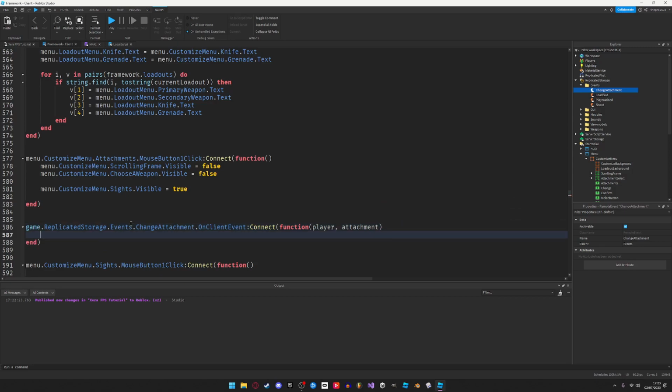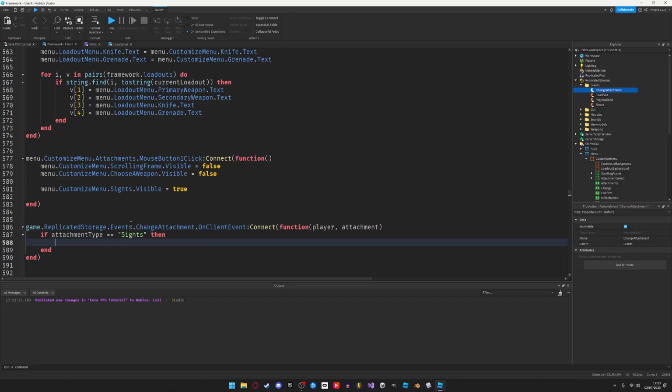And now here I'll say if current, or if attachment type equals sites, then I will say